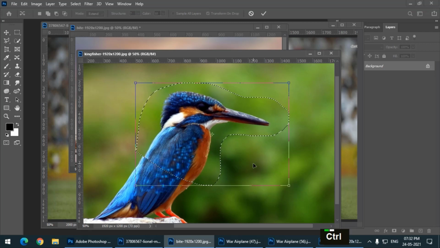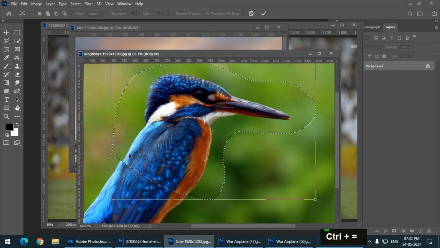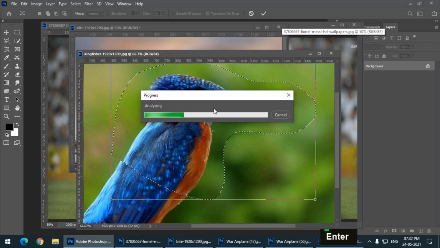So as you can see, this portion is not matching the remaining part of the image. So again I'll press Enter. Let's see what happens. It tries to match the two parts of the image.